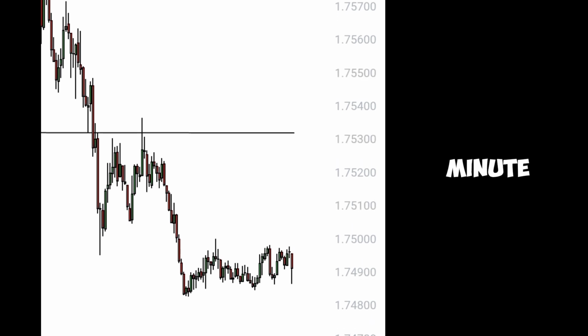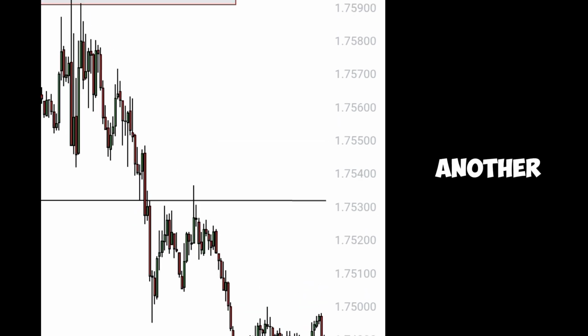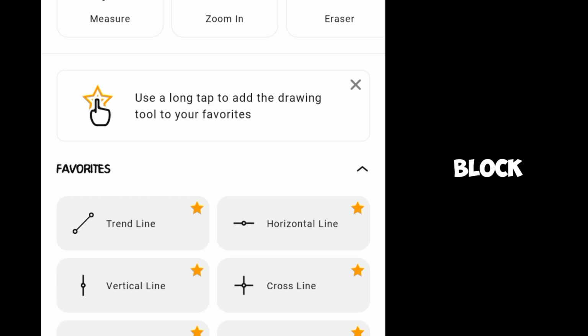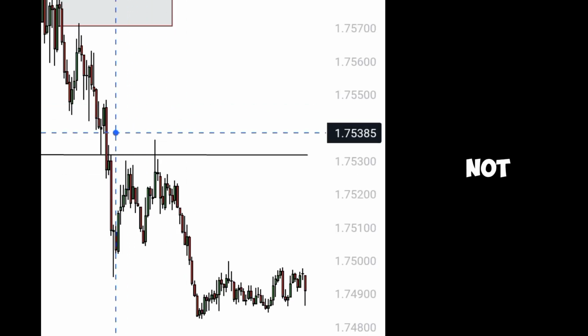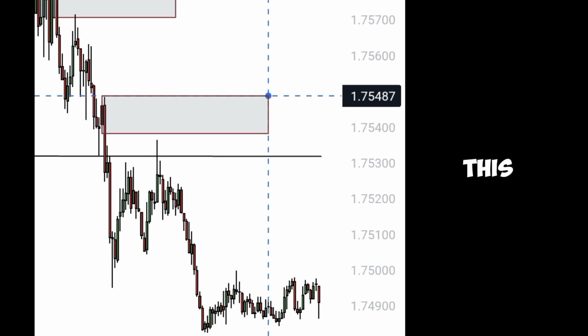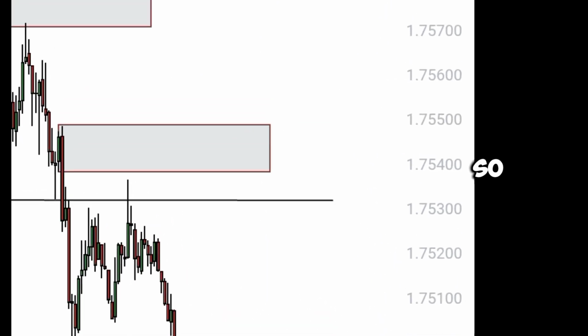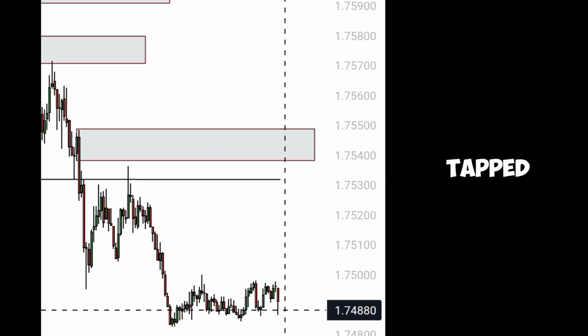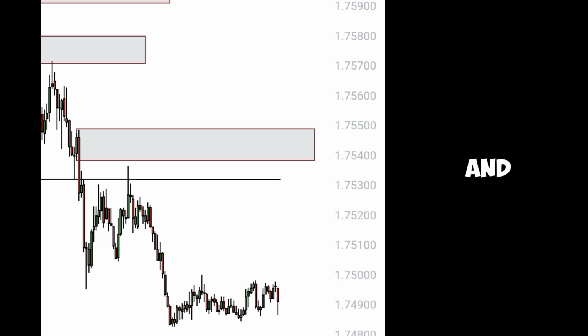All right, so in the 5 minute time frame, I'm seeing quite a number of order blocks. We have an order block here, an order block that was tapped into there, and then we have another block right here that has not really been tapped into. So we have this area. I'll be looking forward for the market to get tapped into that area, and then we have a push